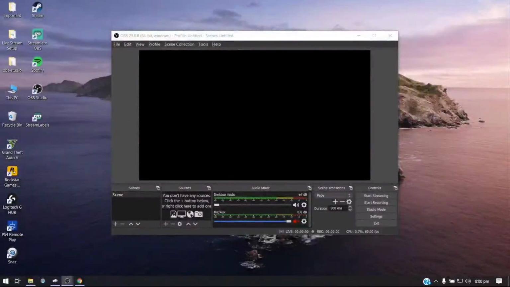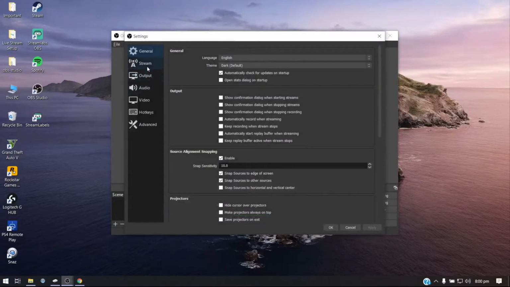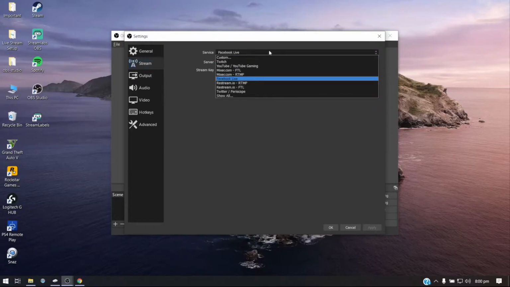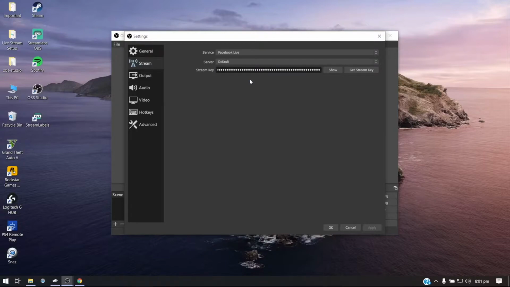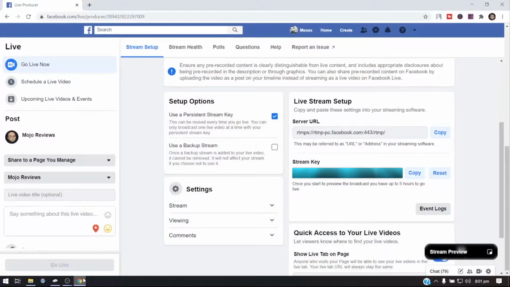Now, in order for us to stream to Facebook, Twitch, or YouTube, we need to set up our OBS Studio. And for that, we'll need to go to Settings. From the left panel, go to Stream. And then from the drop down, you can select whatever service you want to stream to: Twitch, YouTube, Facebook, Mixer. And I'm currently streaming to Facebook directly from my OBS. So in order to do that, you need to have your stream key. And that you're going to get from your Facebook Live dashboard. Over here, you see the stream key. You need to copy the stream key